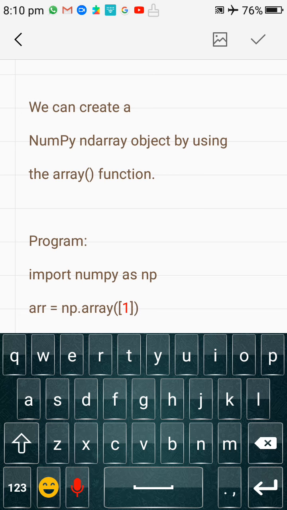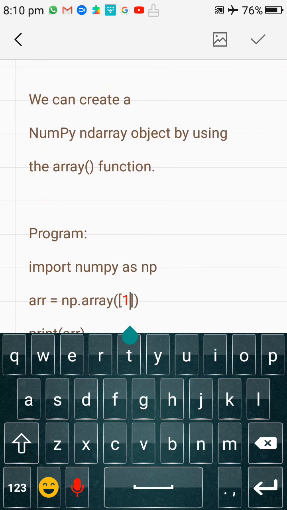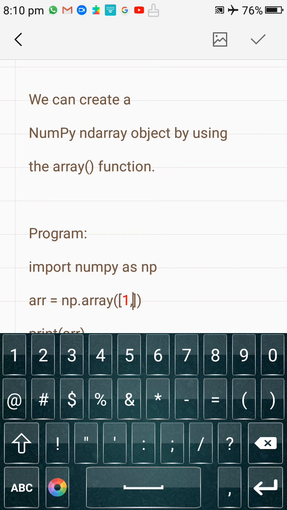This is the 0 dimension array, address 0 row, 0 column. Suppose you want to make a one dimensional array, then just simply write 2 3 6. This is a one dimension array. In this way you can make 0 dimension, 1 dimension, 2 dimension.